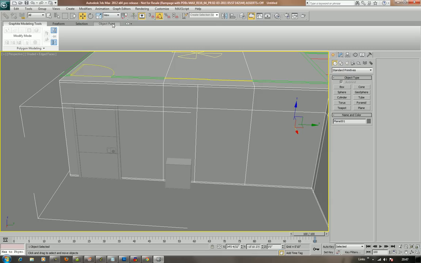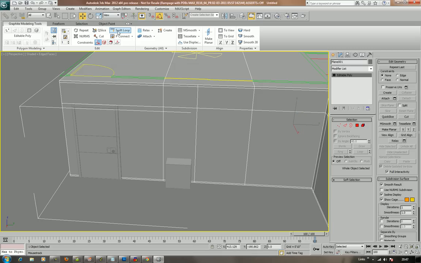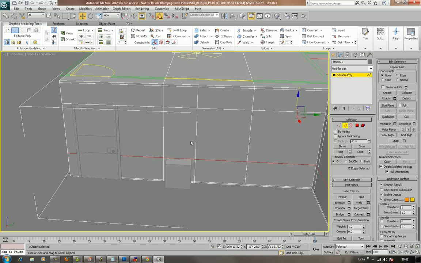So again, go through to our Swift Loop, just here, and make sure I get it at the right segment, which is there. Okay, so now it goes over that. This is our window here. The shape's actually not too bad, so what I'm going to do is split it into a double window, like